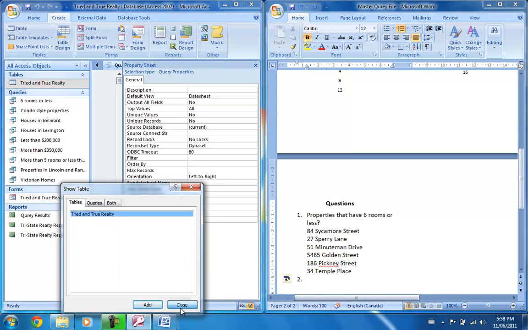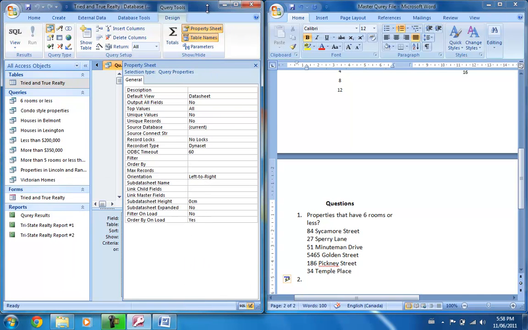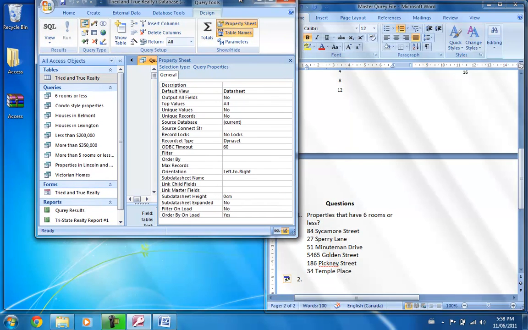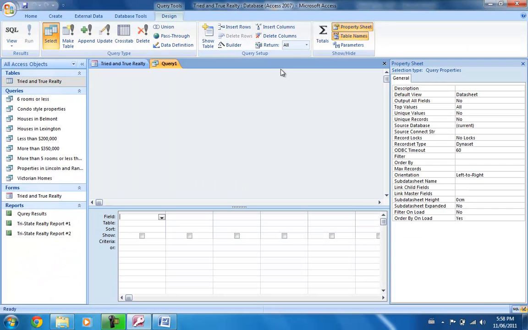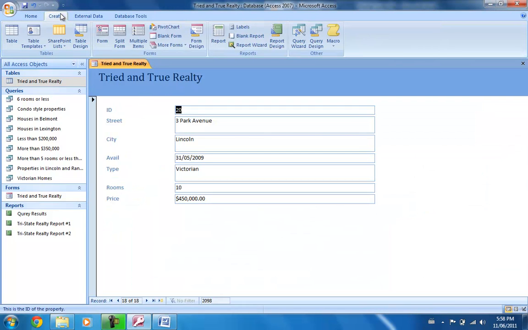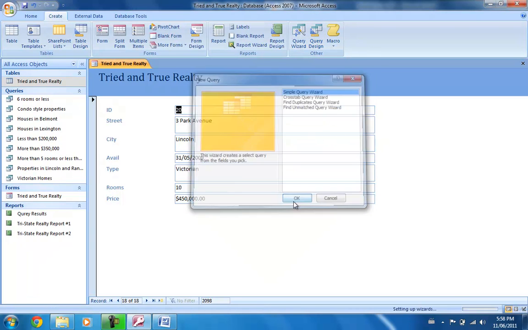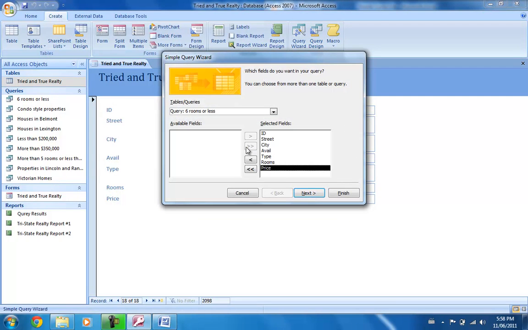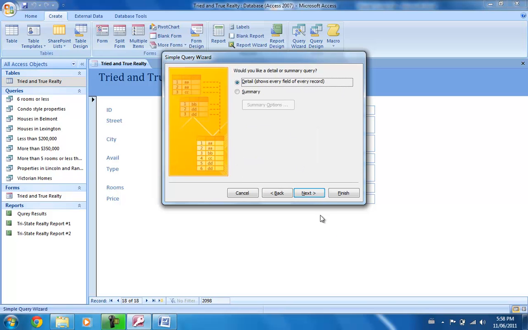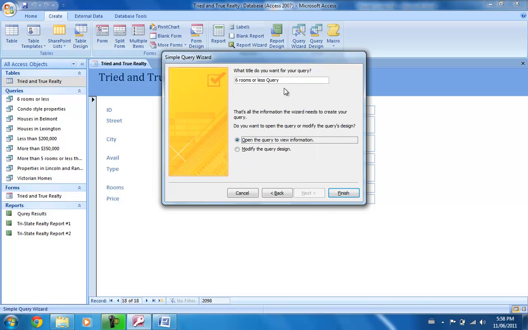What did I do here? What is that? Query 1. I just made a query. Close and create Query Wizard and click on Simple Query. Add them all in, and this one is next, and we're going to change that